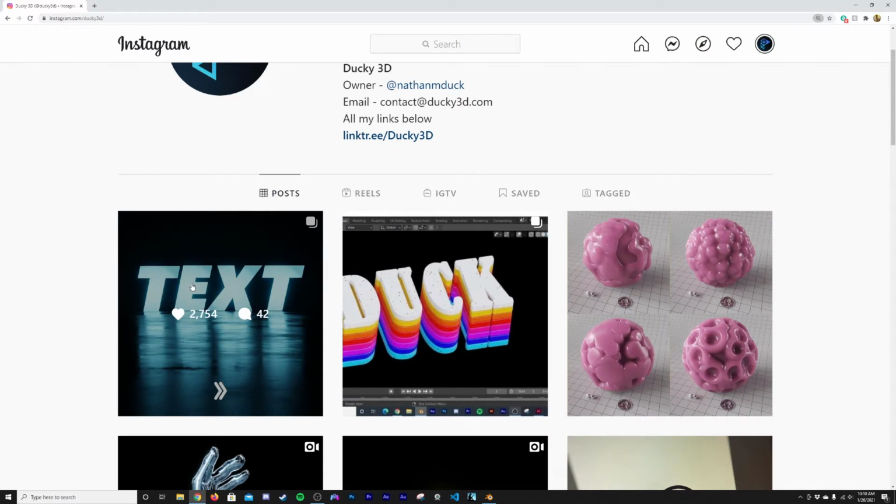So I made this text here, which I think was inspired by the HBO or the Fox, I forget which one it was. I wanted to be able to take a glowing text, but instead of making it look flat, because if you just add an emission shader, it just looks flat. So I wanted to figure out how to add dimension to text. So I did that. I'm going to show you how I figured out how to make dimension to glowing text, as well as how to make this particular